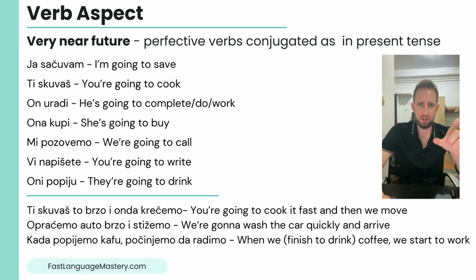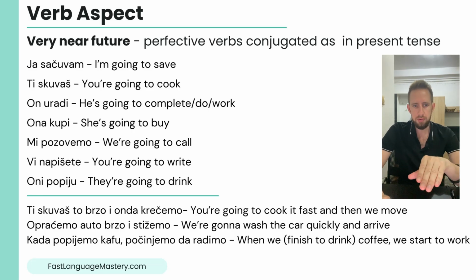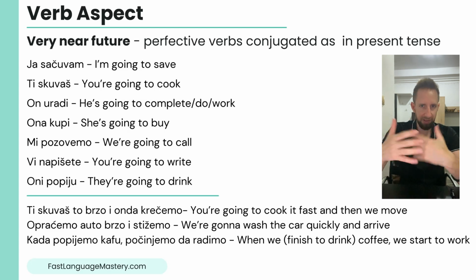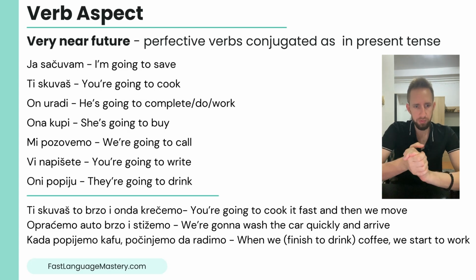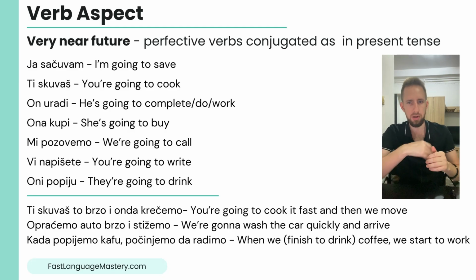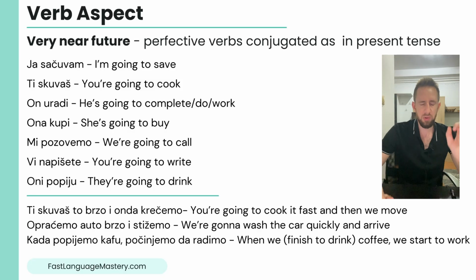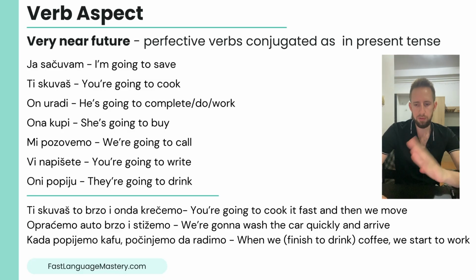So that's why in the example, when we say on uradi, ona kupi, nobody says it like that, but with clarifications we say ona kupi to sada i onda mi krećemo. For example, she is buying it now and then we move. Something like that. So here I showed you the conjugation, but it's always used with clarification, or you say it very quickly, like emphasizing, like mi